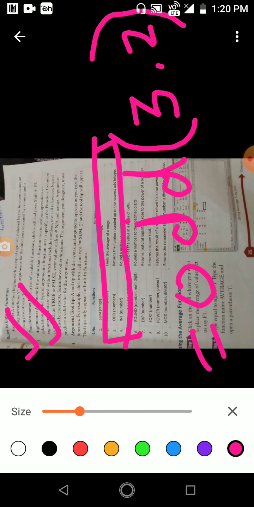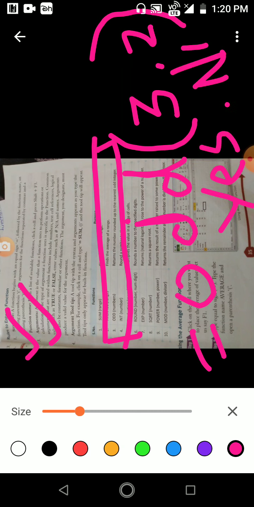Now what is the function of the ODD function? Its function is to find out whether the given value, whatever value we are giving to the formula, is odd or not. It will give the answer in yes or no, yes if it is odd and no if it is not. So this is the meaning. It can also give us values in true and false.